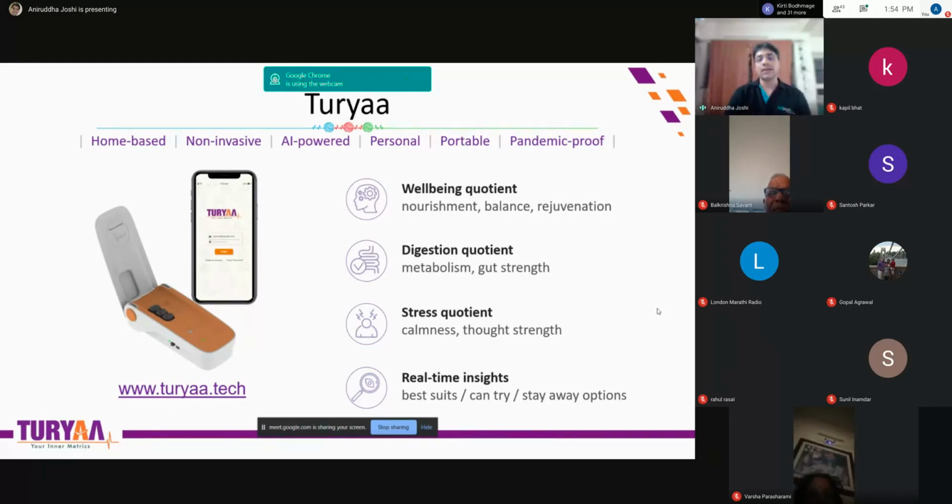And we have understood the power of immunity, the power of taking care of oneself, especially in the last 6 months, and so on. So we launched this on Dashera, and in 20 days itself, more than 100 systems have been pre-booked. I have actually started the manufacturing process. It's going to come out in January. So we are currently offering them at a discounted rate as a pre-book offer, and people are buying. So I'm so thankful to them.